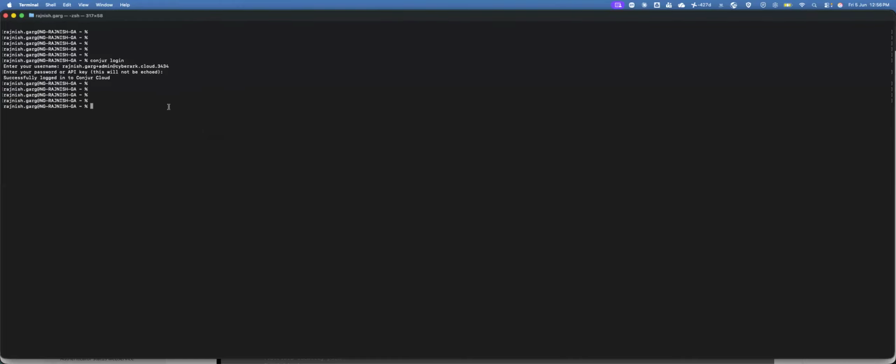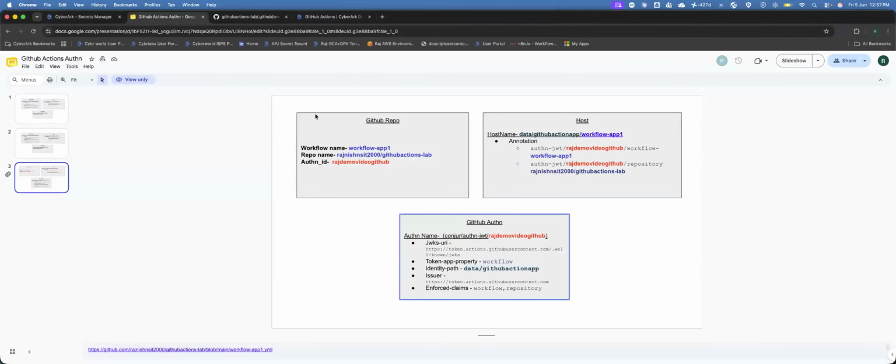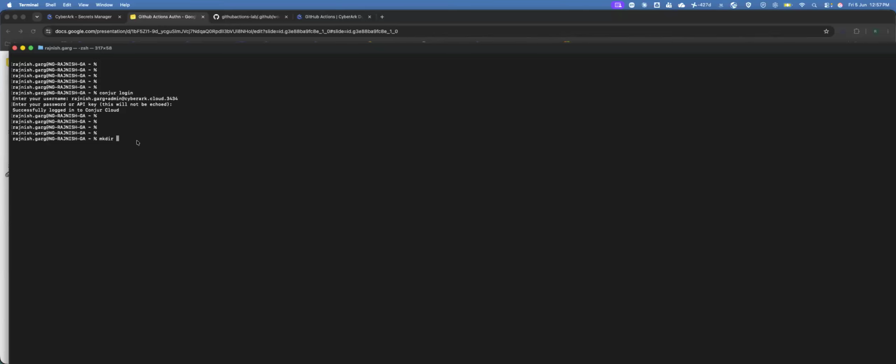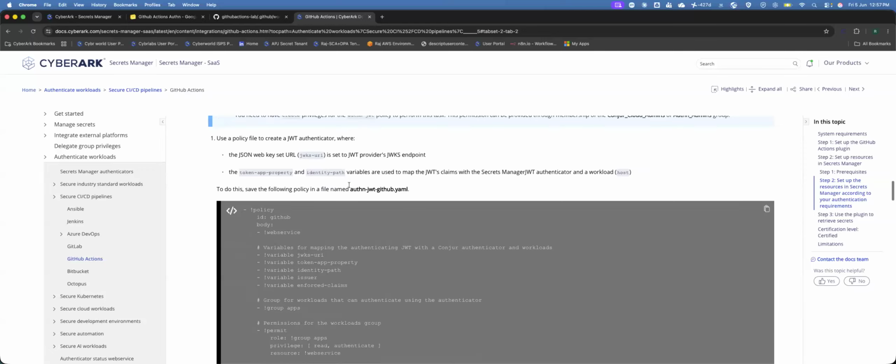So now, just for the sake of simplicity, we can create a new directory. I want to keep the directory name as Raj demo video GitHub. Okay, it already exists. So we can clear it. So now we'll begin. So the first step is